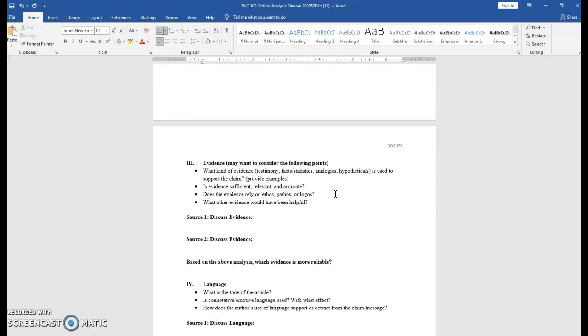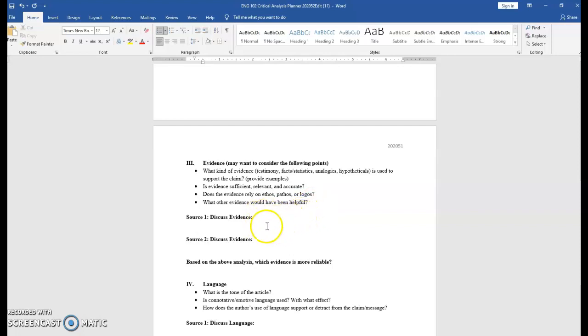They are from English 101, but they're very common terms that show the different ways that we make appeals for our arguments, whether it's based on credibility of the author, whether it's based on emotion, whether it's based on logic. And then, of course, what other evidence might have been helpful in that source.